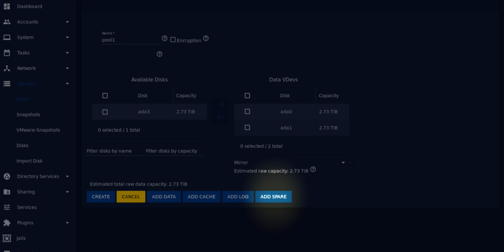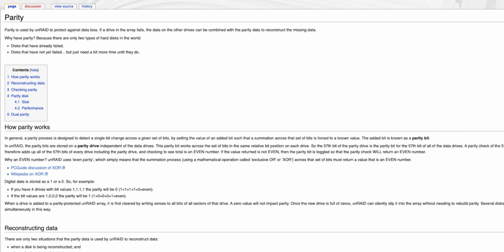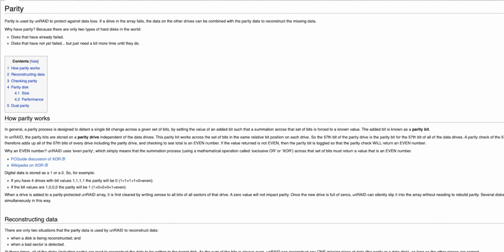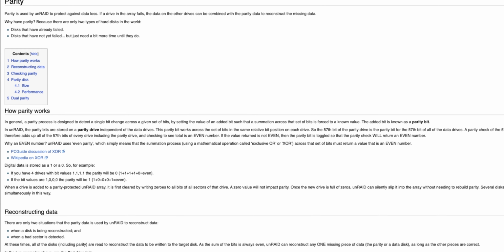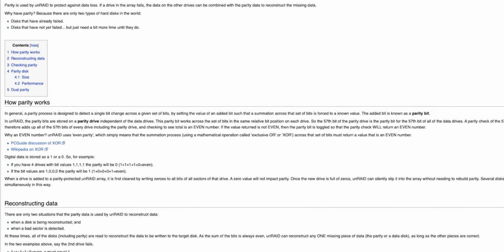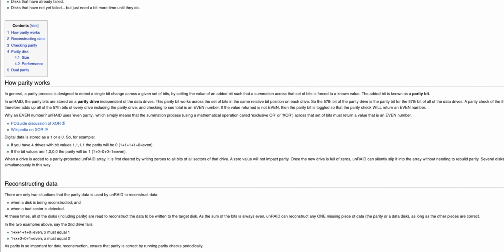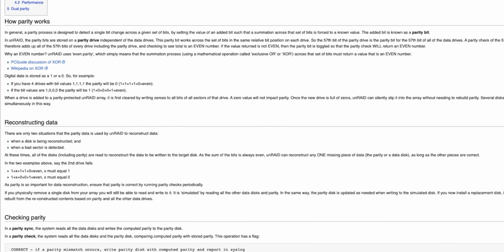Another big difference is that in UnRAID you can have a parity drive. In FreeNAS you can have what's called a spare drive, but it doesn't really do the same thing. Let's say you have 2 hard drives like I do, and you have a third one that's the same amount of storage or a bit bigger, you can stick that in. If one of my hard drives fails, this one will automatically kick in and start rebuilding all the data that would have been lost. So that's what's really cool about UnRAID, is that you can have this parity drive,